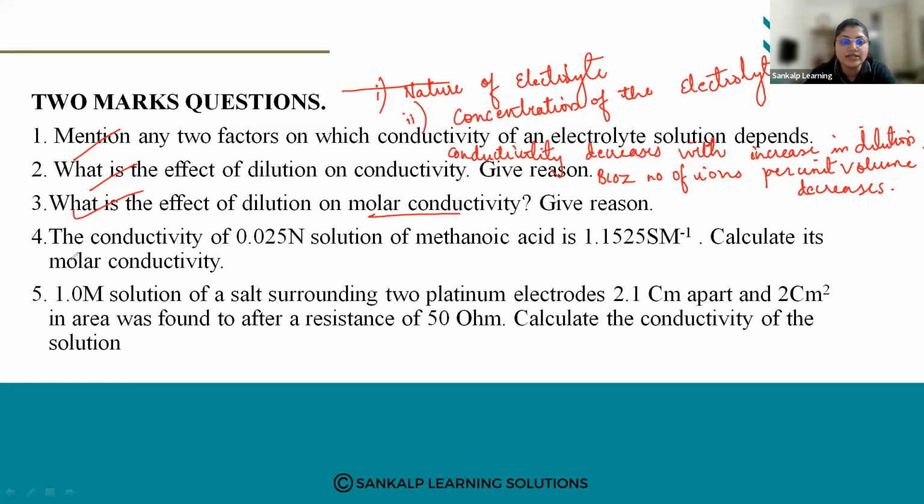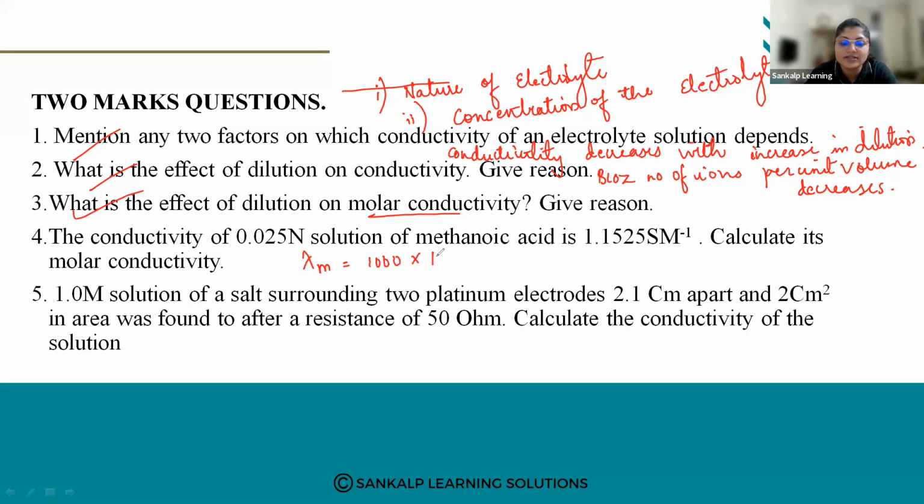Okay, so the next question: the conductivity of 0.025 normal solution of methanoic acid is 1.1525 Siemens per meter. Calculate its molar conductivity. So how do you calculate the molar conductivity? Molar conductivity is equal to 1000 into its conductivity,